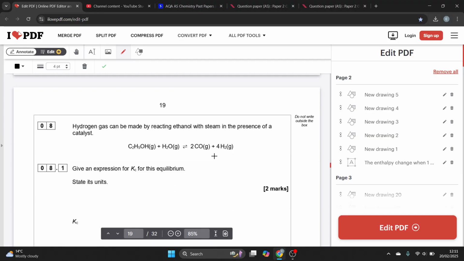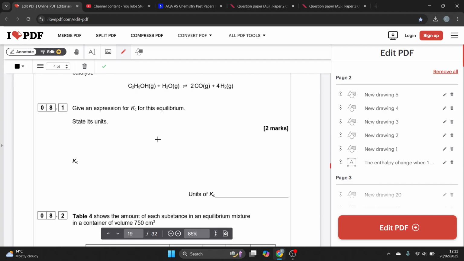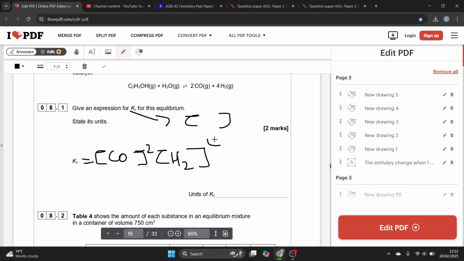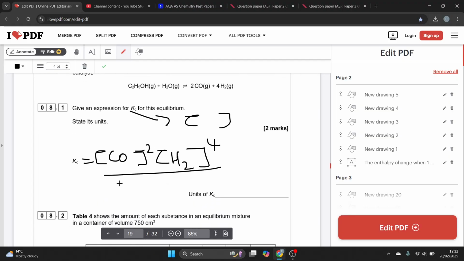Ethanol can be made by reacting ethene with steam in the presence of an acid catalyst. Give an expression for Kc for this equilibrium. Now Kc, square brackets. Now obviously this is an AS level paper, so you don't need to worry about Kp. I'm pretty sure that's only A level, but it depends what year you're on. Products to the power P over reactants to the power R. If you're in year 12, year 1 or year 2,